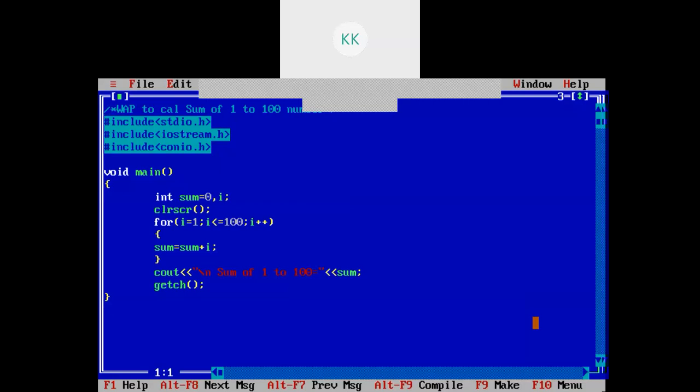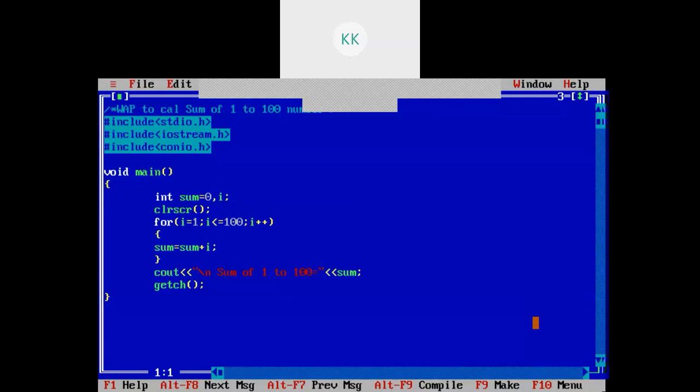In this case, we can use a while loop. It is not mandatory that you must use a while loop, but it is easier to use it there. But when we know the definite count, like in this example 1 to 100, it is very easy to write the for loop as compared to the while loop.